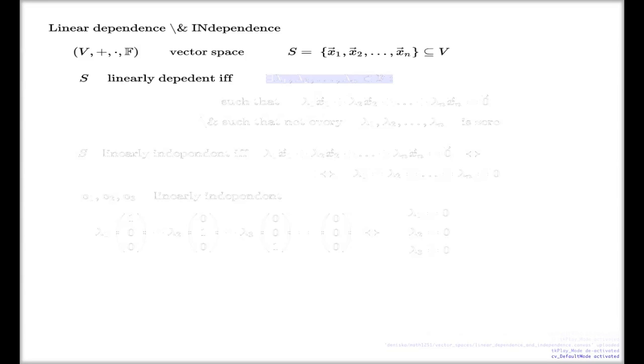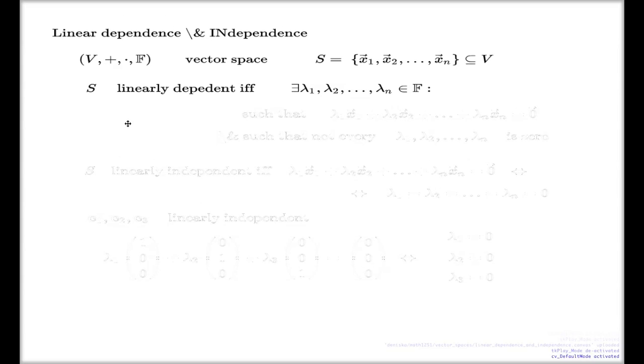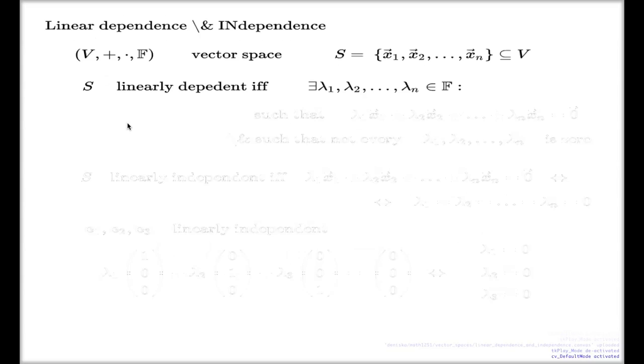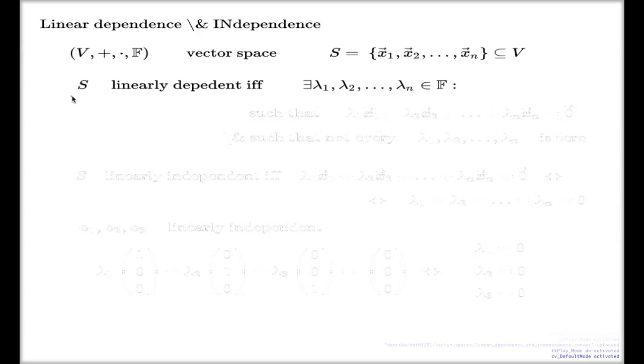It's called linearly dependent if you can produce scalars, which I will call lambda 1, lambda 2, lambda n, from my field of scalars, n of them, such that